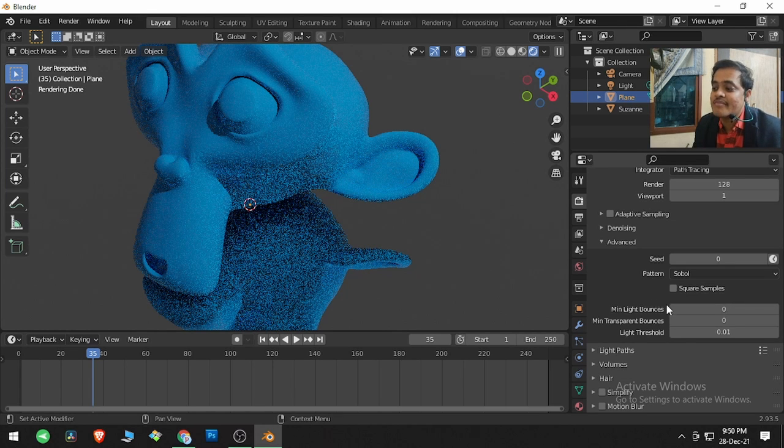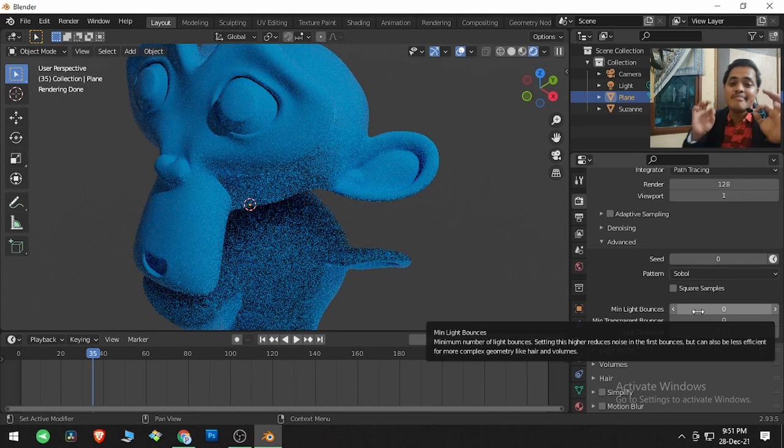Next option is minimum light bounces. Now what is happening is, light is coming over here, touching the surface, the mirror surface, and it is bouncing and falling over here, and it is bouncing as many times as it can. So this parameter defines the minimum light bounces that must happen.